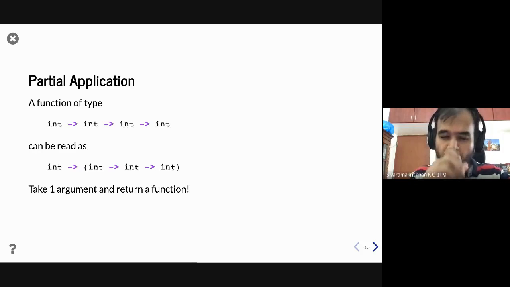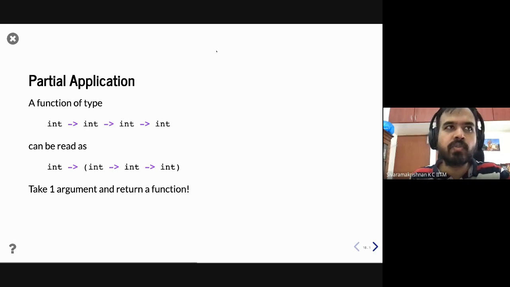Oftentimes, in most cases we will stick to just talking about functions taking two arguments, but it is also useful at some point to read it the other way, because it opens up a whole box of possibilities that aren't typically expressible in any other languages, right? Where you say, I have a function, it takes two arguments, I have to give it two arguments. Here you can just partially apply the function, and then you get a separate function which is now specialized, right? One of the arguments is applied and specialized.